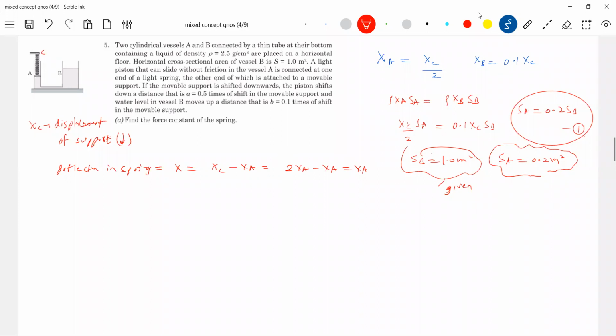So shall I say deflection or compression? Better say compression, I think. The support C will move more than A, so therefore I'll go for compression. Or if you want to only write deflection. I think this much is what we are initially able to move, which is asking us to get the spring force.